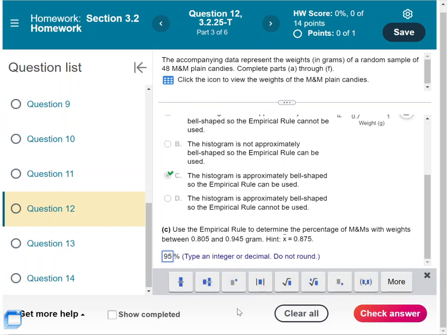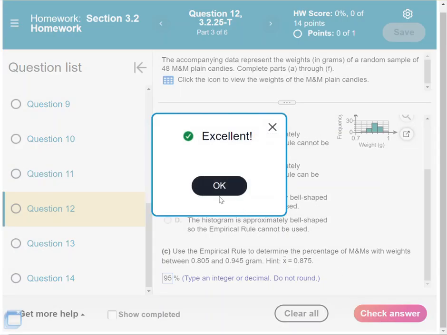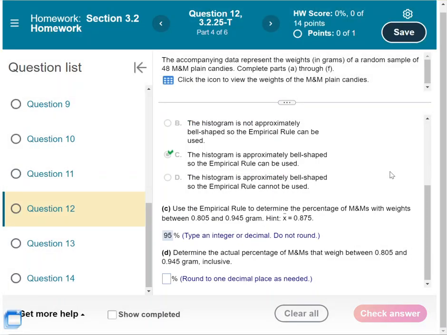95, and so that's good. Now it says determine the actual percentage of M&Ms that weigh between 805 thousandths and 945 thousandths grams. Inclusive means if either of those values are part of the data, that we would include them. So let's go back to our data,